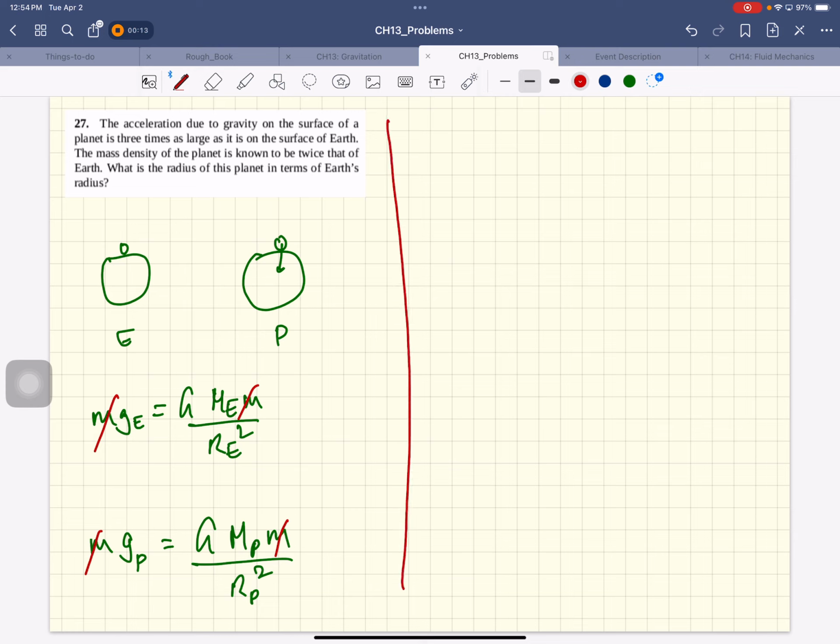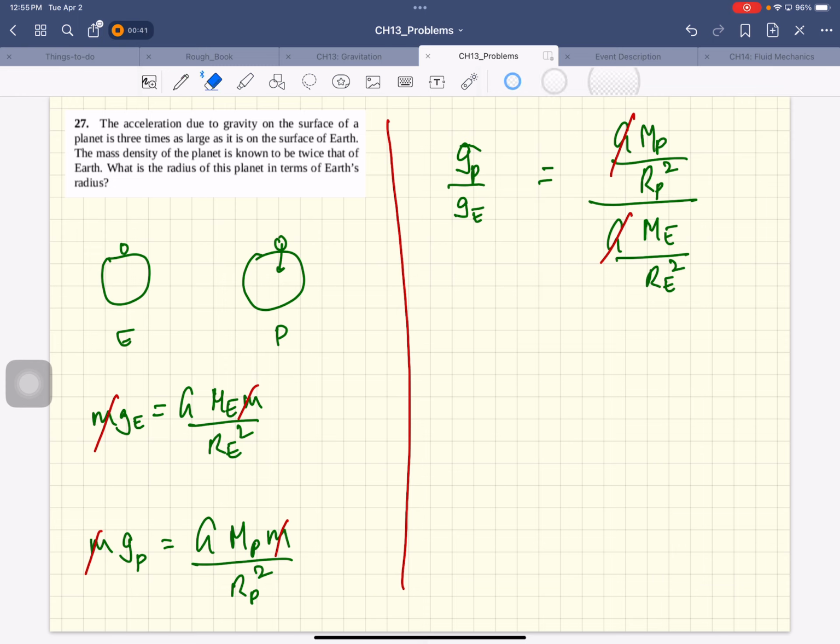So G planet over G Earth equal to G, okay, again that cancels, and they tell you that this is 3, this is 3, so 3 equal to